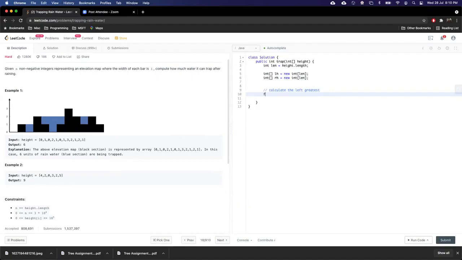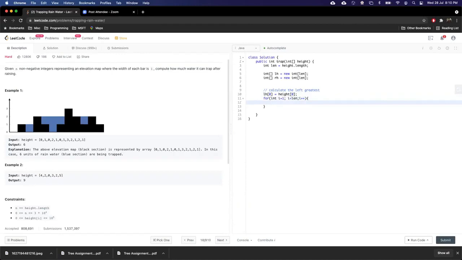Okay. So what I will be doing, I will be looking. Before that, I know that we don't have any element beyond the first element, so I will be storing the first element here only. Right. Okay. Then what I will be doing, int i equals 1, i less than length, i plus plus.